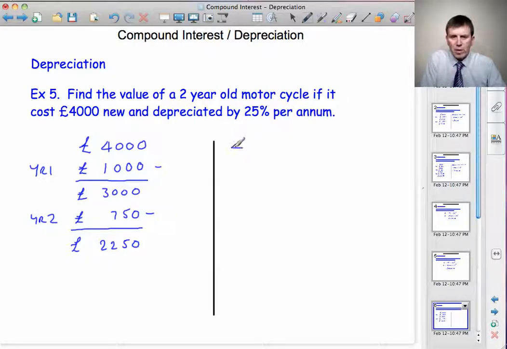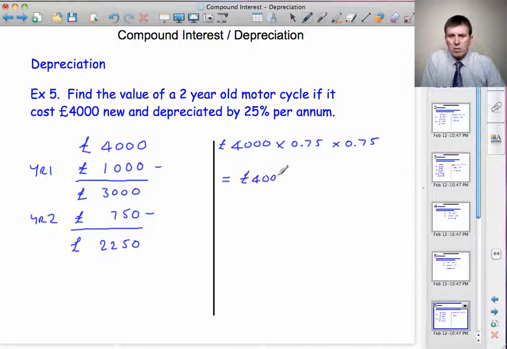We start with £4,000. And at the end of the first year, I need to take 25% off. Well, if I take 25% off, there'll be 75% left. So to find 75% of 4,000, we multiply by 0.75. And then at the end of the second year, we take this figure and take off 25%. And to do that, again, we multiply by 0.75. So you can see the similarities with compound interest calculations. This is equal to